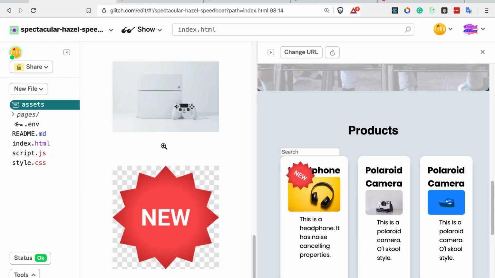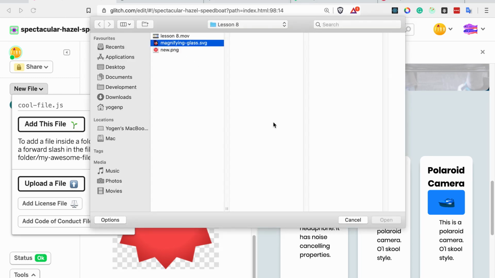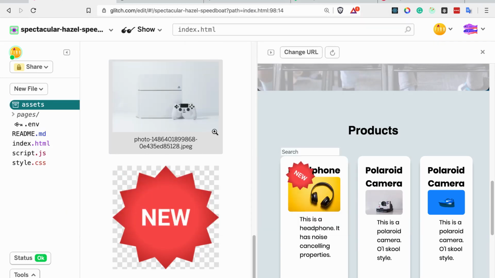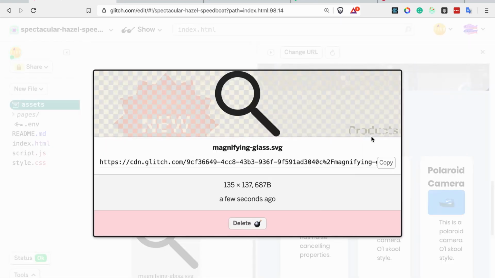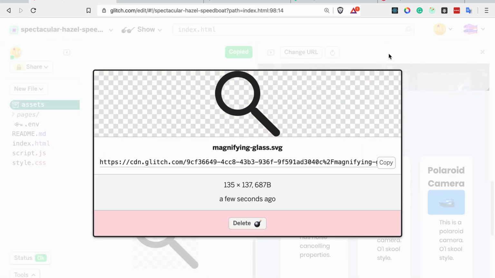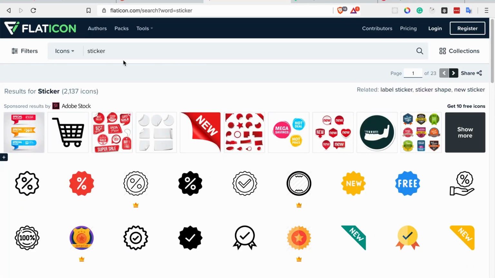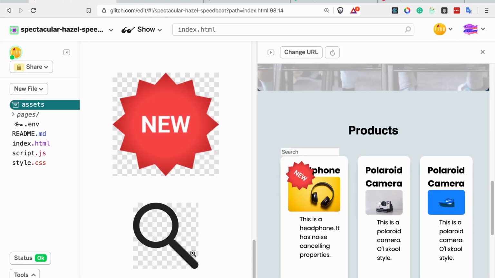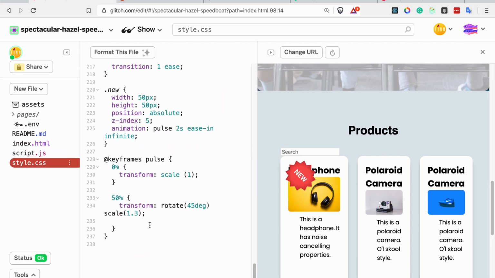Before that, I would like to add another asset for the search icon. So I'm going to upload a file that I've created before, which is the magnifying glass. All right, I'm just going to copy that link. You can get a similar icon on Flaticon if you want to. Just look for the magnifying glass or search, and you can get the logo. All right, so let's head to style.css